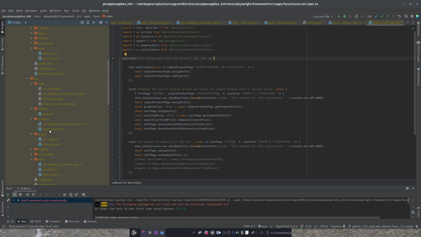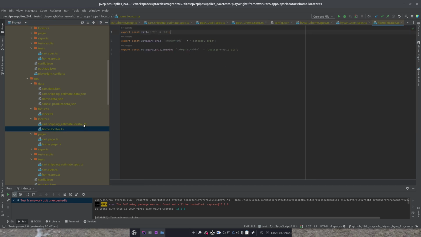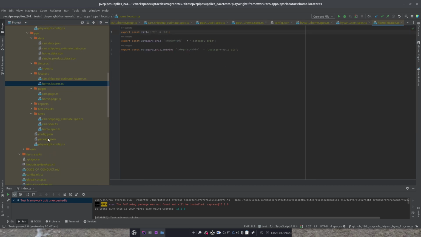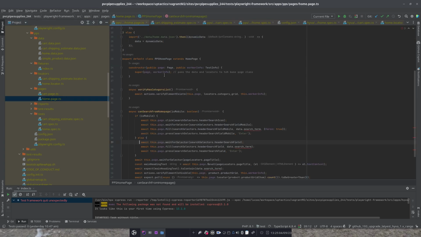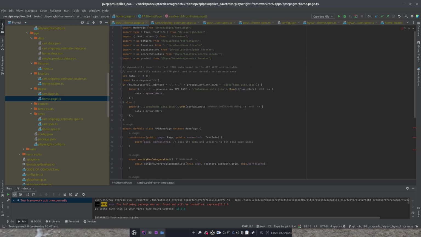I can also extend the locators. If you look at my home test, you can decide where you want to load your locators from, or you can do whatever you want really. I've got my locators coming from my environment because I have made changes. So some of the locators are custom, which would be